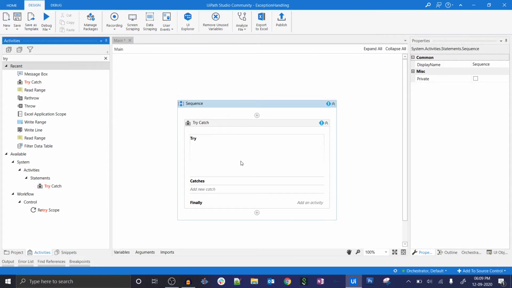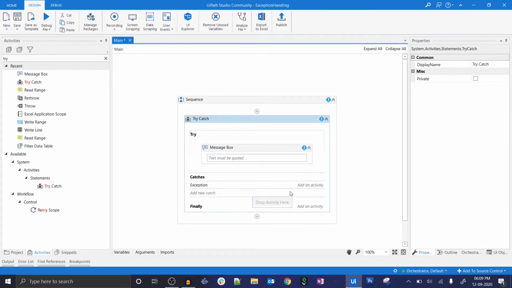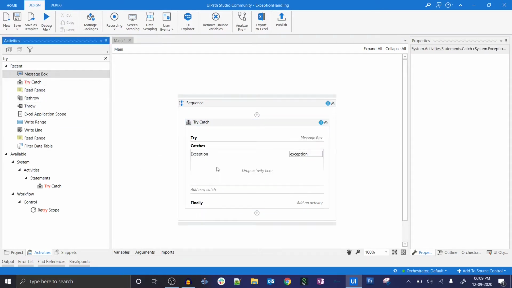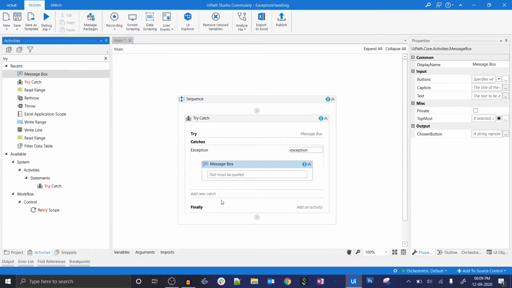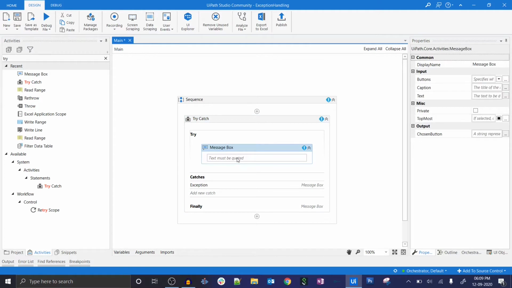For this I will use the message box. I'm going to drag and drop the message box here, and in the finally block as well. Let's see how the execution process goes. Try block.